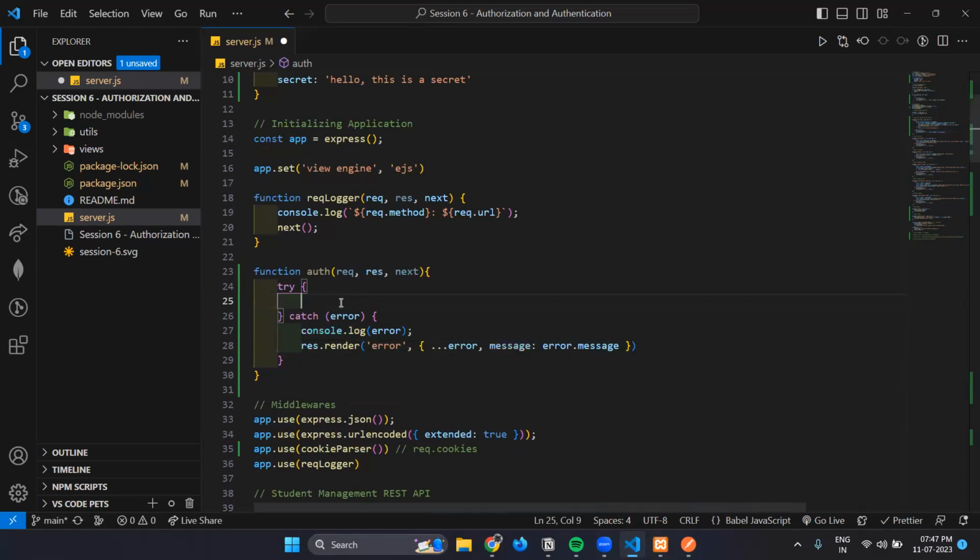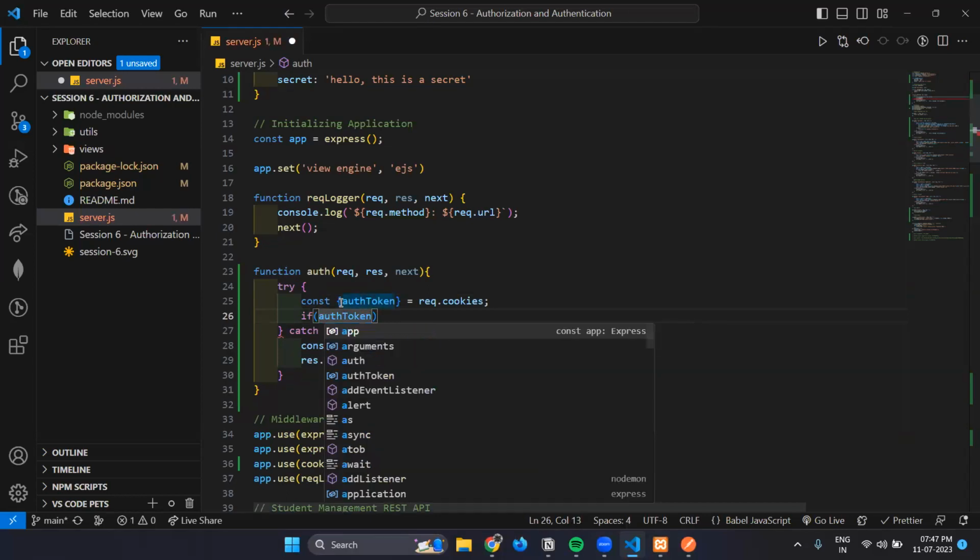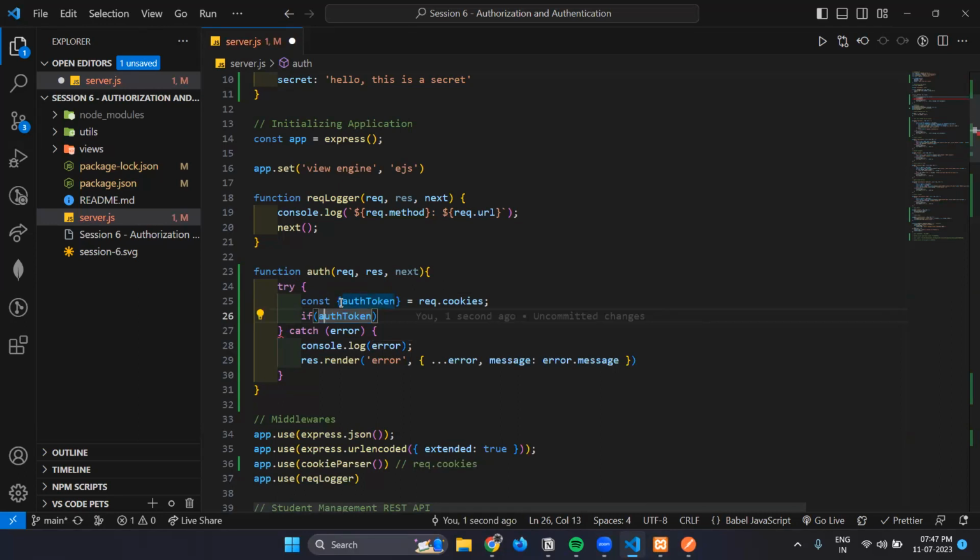And over here, what I'll do is extract the auth token from the request.cookies, because we saw it was an object, right? So I should be able to destructure this. So if auth token